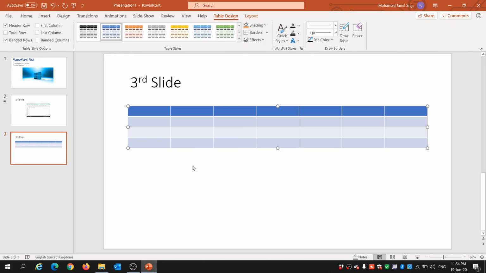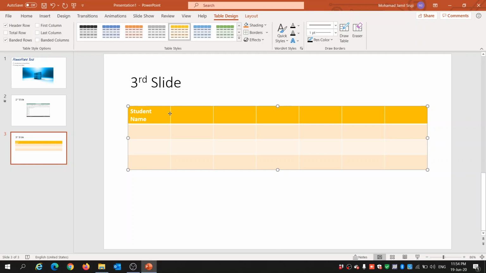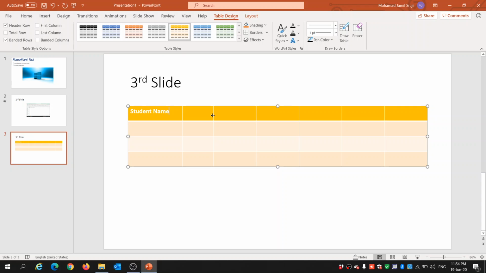I would say OK. This table that I created, there's still an option to change the format. I can go to the table design. I will select this color or even this color. I can resize it, and I'm able to write the header, let's say student name, and I can change the size of the cell here,